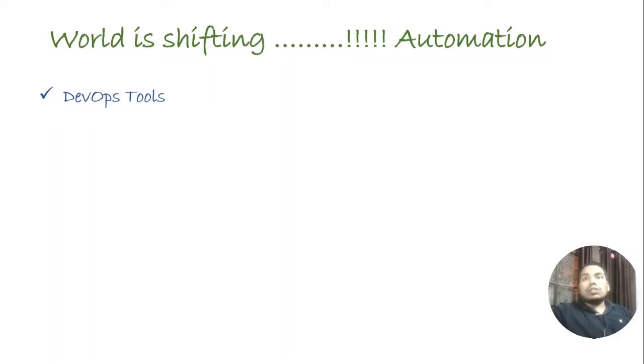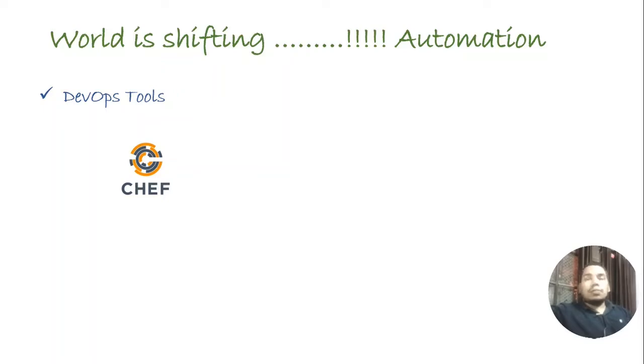These tools enable us to implement infrastructure as code, or IaC. So here are some top IaC related DevOps tools which help us in software provisioning, configuration management, and application deployment.